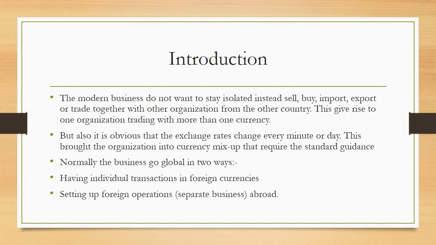And if we buy those goods in another country and we are to pay later on, then this will give rise to a debtor or a creditor that are denominated in other currencies. But again, it might be setting up a foreign operation, where you have a branch that is